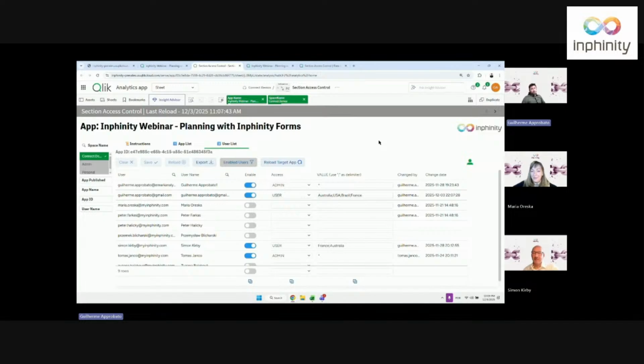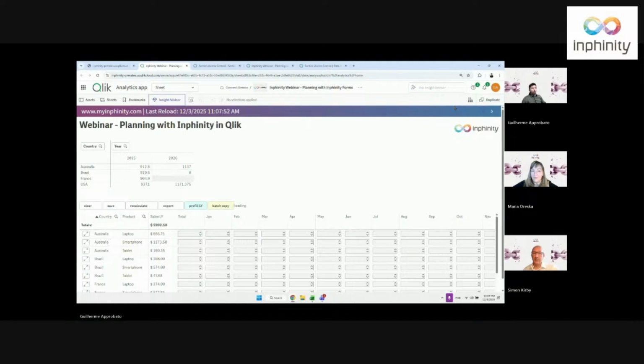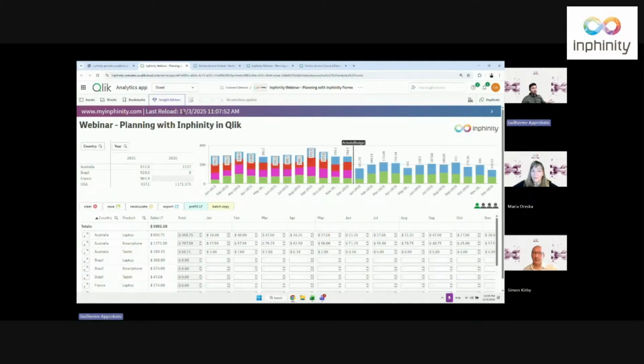Well, we can be more creative. One of the options would be to bring this part here to the target app. I did it in a separate app, but it would complicate the demonstrations a little. But if we take a template and copy this part here, paste it in a separate sheet, only accessible to admins in